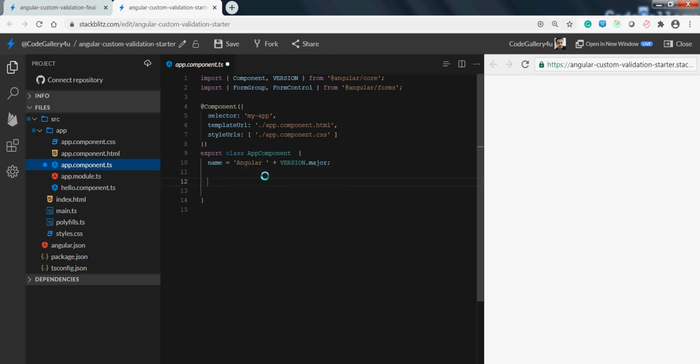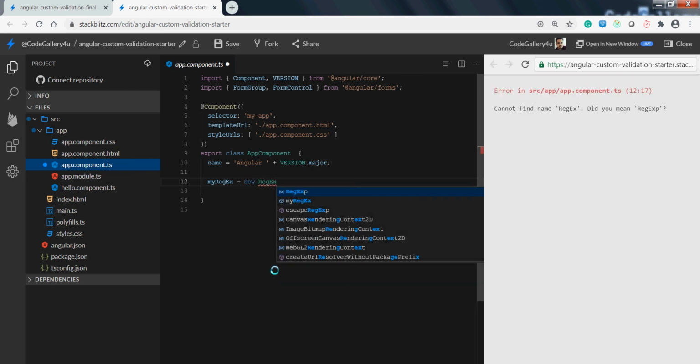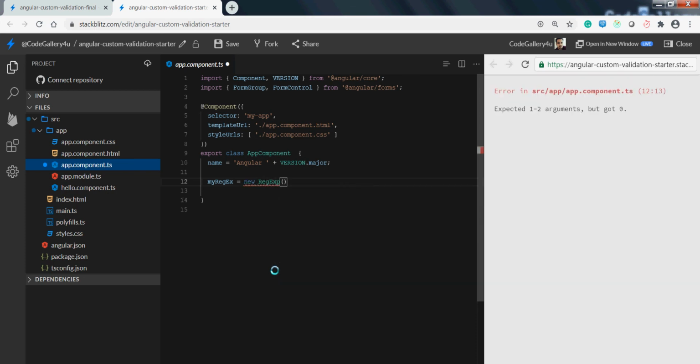For that I'm just going to put in the regular expression that we have seen in our presentation. I'm going to name it myRegx, new RegExp.